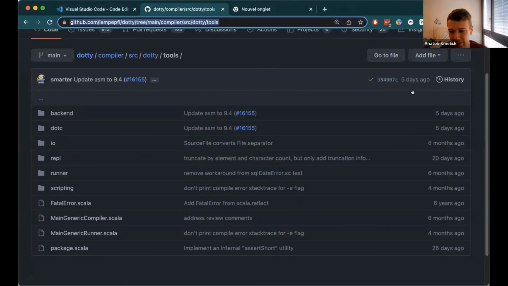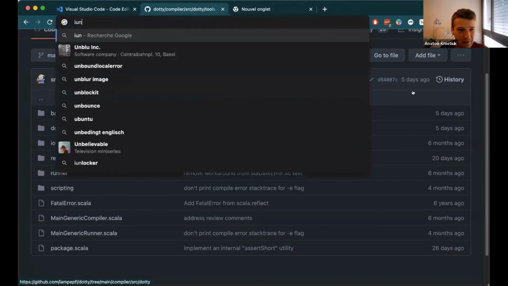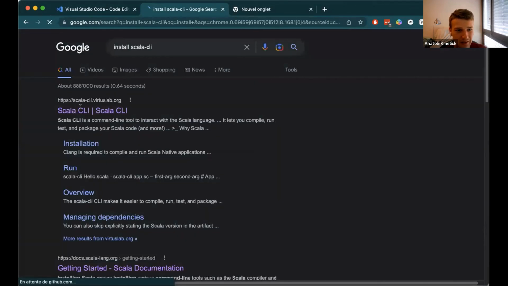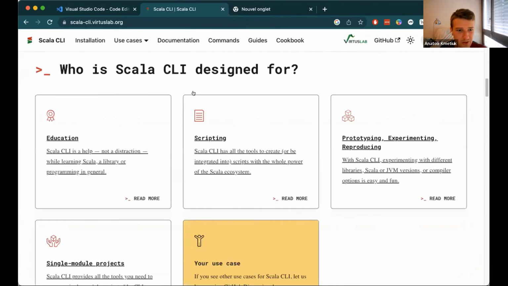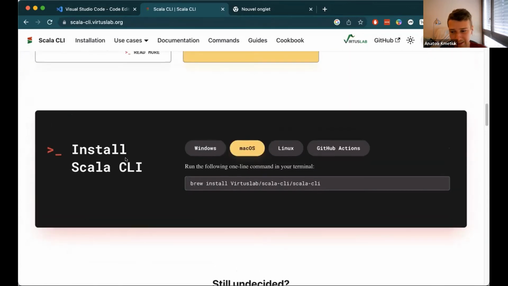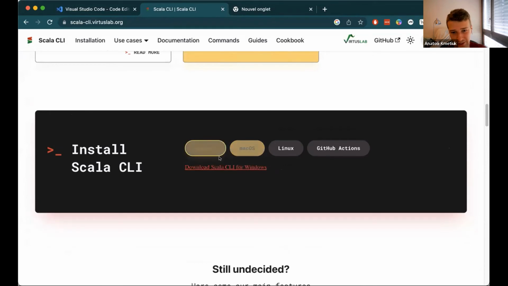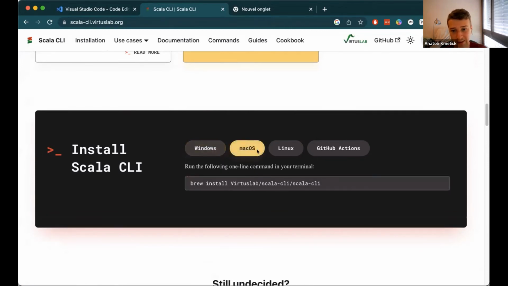Again, to install Scala CLI, you Google "install Scala CLI". You get the main website of Scala CLI, and then you scroll until you see the install Scala CLI section over here. You select the operating system. You select download Scala CLI for your operating system. For Windows, it will be a file that you start and install. If you have Mac OS or Linux, then it will give you a terminal command